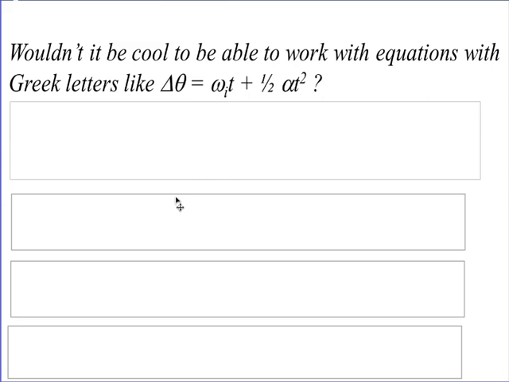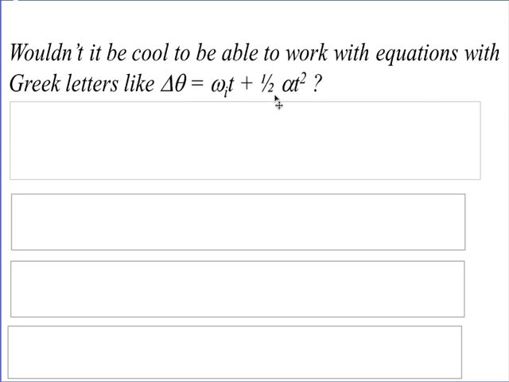Okay, you're hooked. Join the cool crew and write equations with Greek letters like that. No, that is too cool. I could never go there. Come with me, my friends. Okay, so